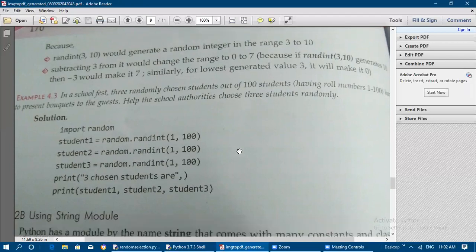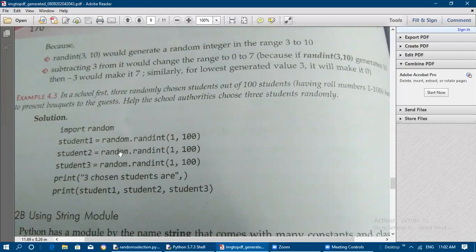So for this, how can we write the program? First we need to import random. Okay, so any 3 students need to be picked randomly. So first we are assigning student 1. For that, random dot randint of 1, 100 we are giving. Any random number will be generated for student 1, and for student 2 any random number, not the one which was created previously, like that it won't be generated.